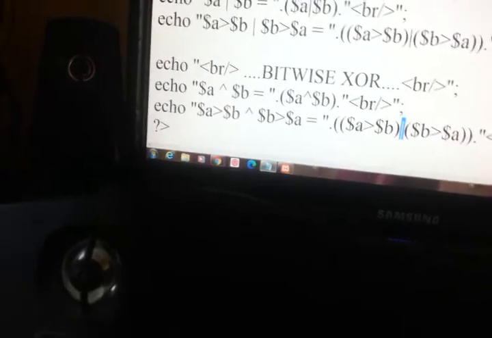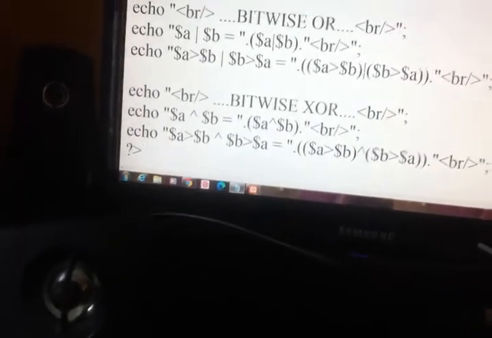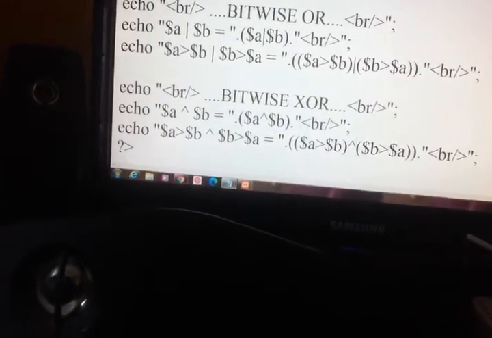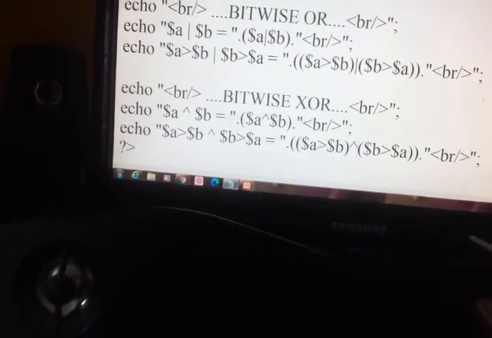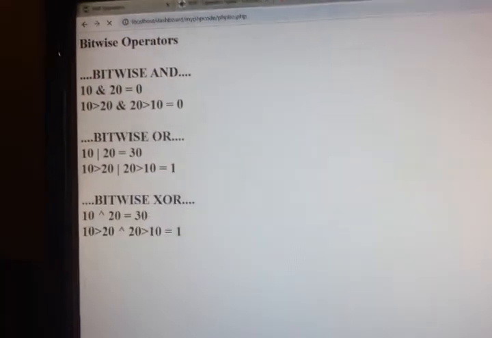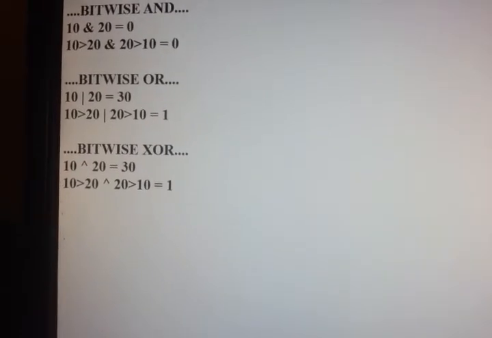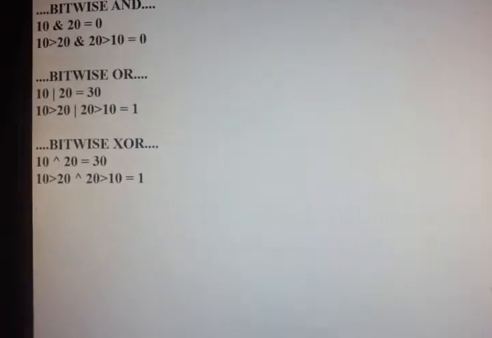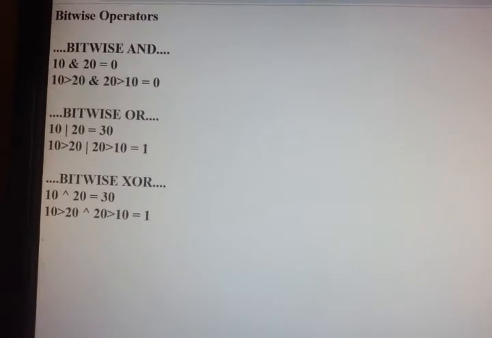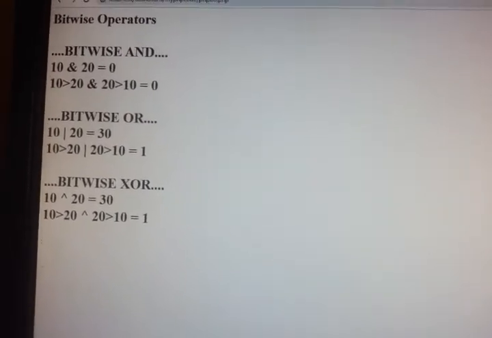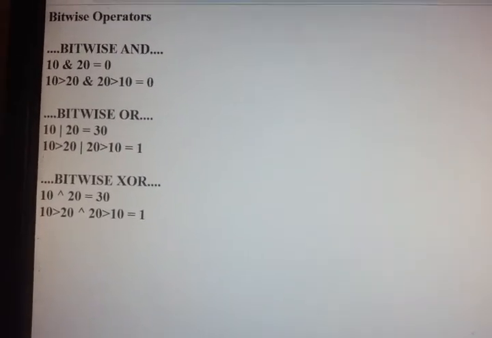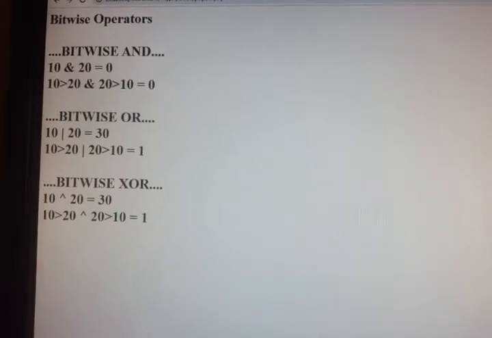So everywhere I am changing the symbol. Saved. Exclusive OR: 0 exclusive OR 1 is 1.